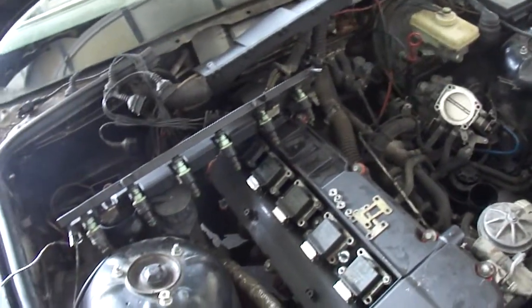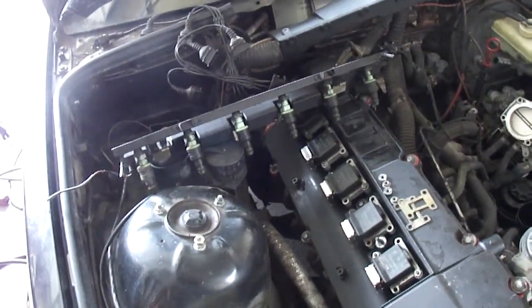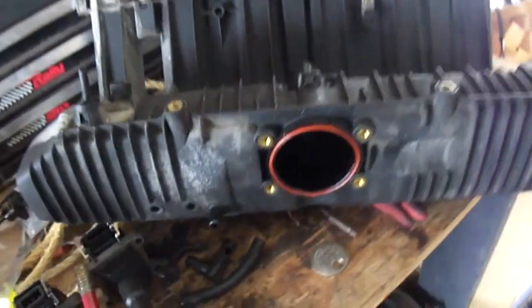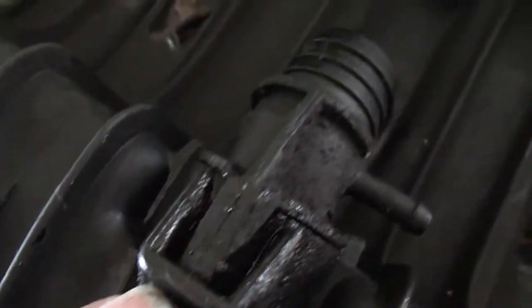Like I said, it's just me out here doing it. I don't have a tripod yet for my camera, so I'm just gonna have to do these single segments. I got the intake manifold over here. It has some oil buildup on the back. I don't know if it's from the